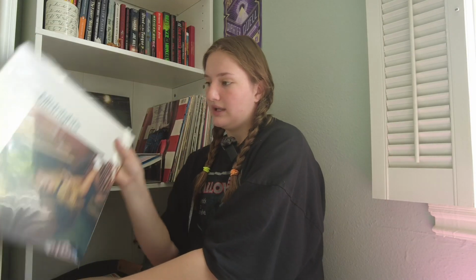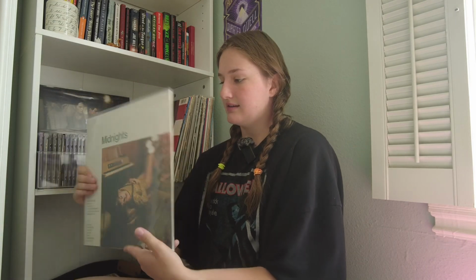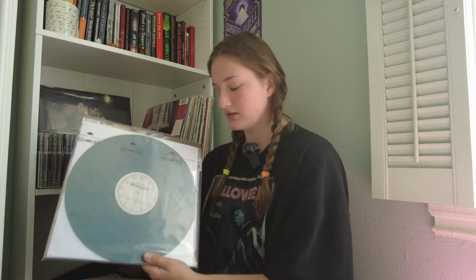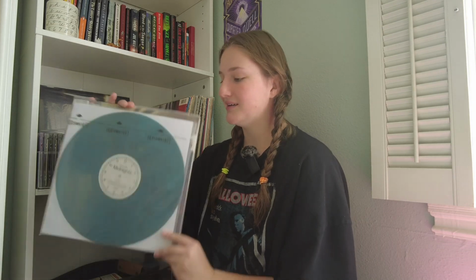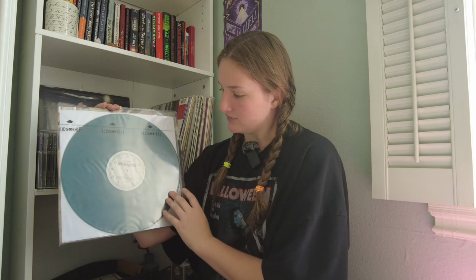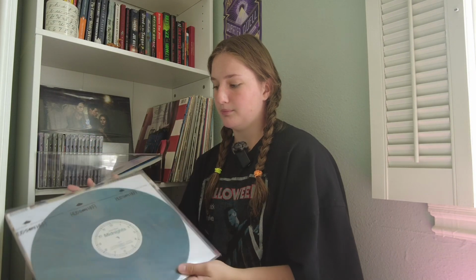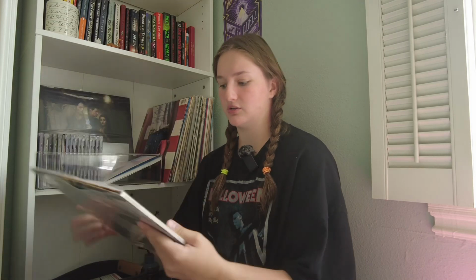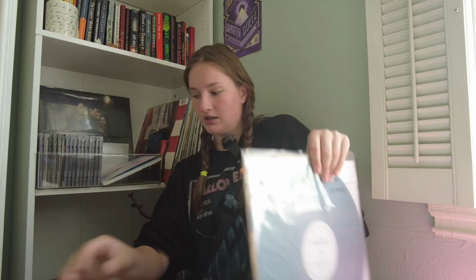And then we have Midnights, and this is the Jade Green exclusive. I love Midnights too. Oh my god. I love this color for this album. I realize it's usually lavender or dark blue, but I love this jade green, and this is my favorite cover. And finally, I have the,